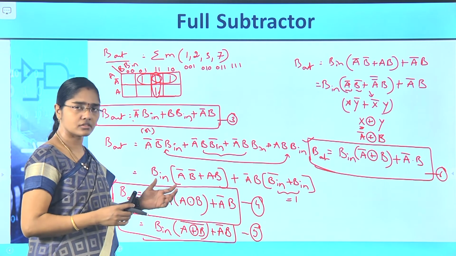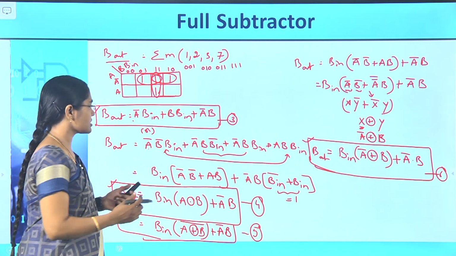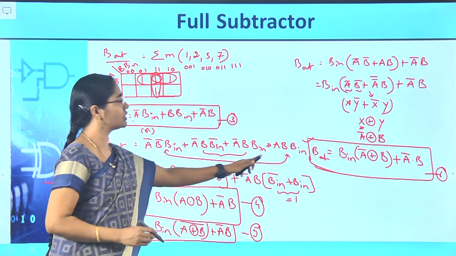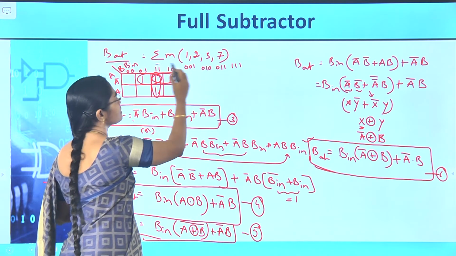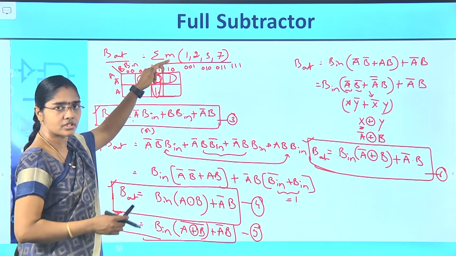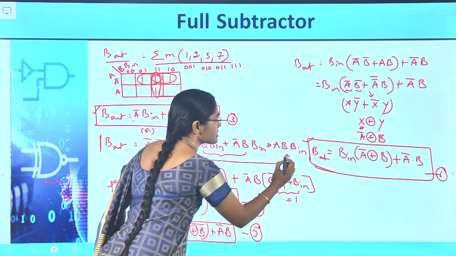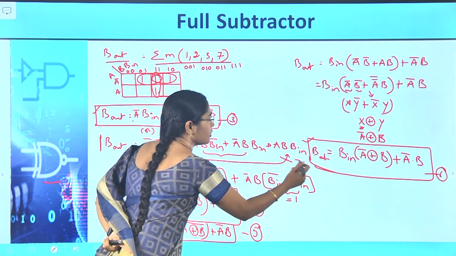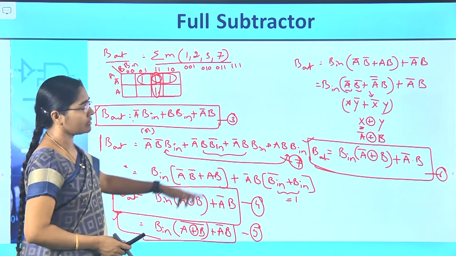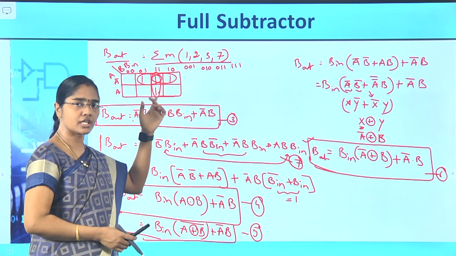We can draw the logic diagram by using any one of these. The first, without simplification, the borrow out expression is this one, that is B out is equal to having the 4 minterms, that is equal to this. Okay. So you can start from the actual expression without simplification, that is in terms of minterms. This is the equation. Let us give equation number 7 for this. Okay, starting from equation 7 to either 3, 4, 5 or 6 expressions, and along with the difference equations we have 1 and 2.